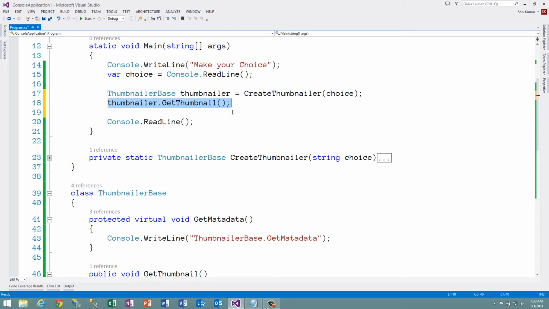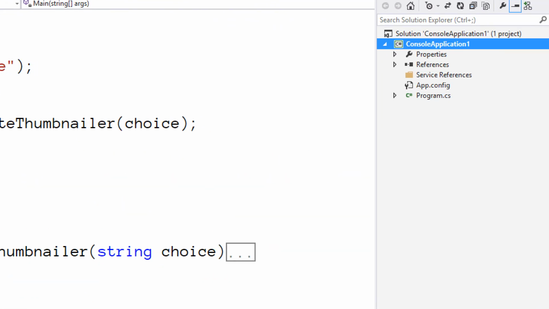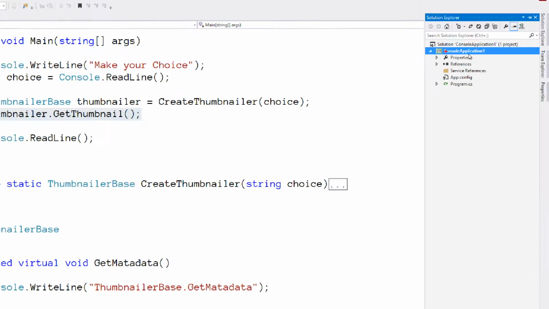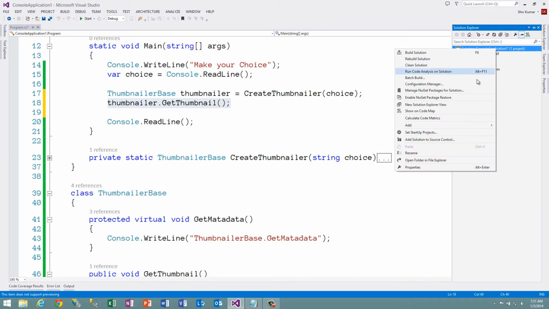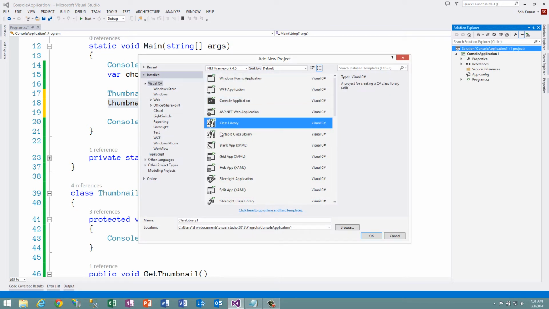Now what's going to happen is we're going to add to our solution here. Instead of just having one application, we'll have a library project here, and the library project will be referenced by the console application. The console application we'll treat as a UI application, if you will. So I'm just going to add a new project. It's going to be a class library project. I'm going to call this thumbnail lib,